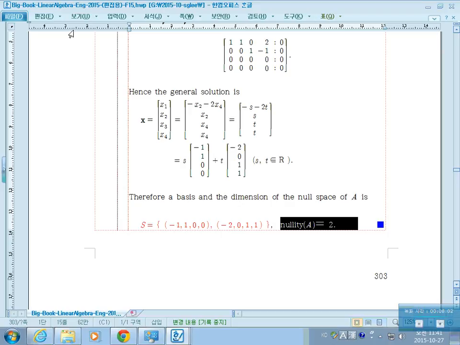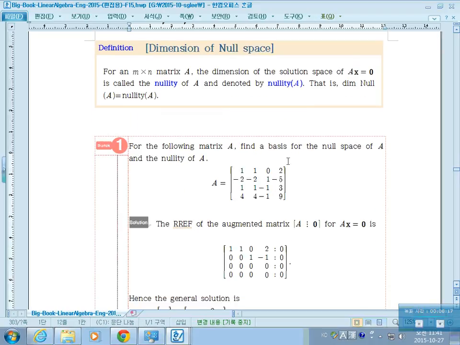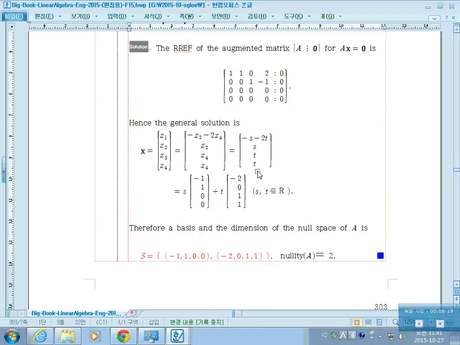That's the dimension of the span of these two vectors, which is 2 because they are linearly independent. So nullity, which is the dimension of the null space, is 2. Okay, that's the way. So if you have a matrix, then you can find the rank, you can find the nullity, and you can find the basis for the null space